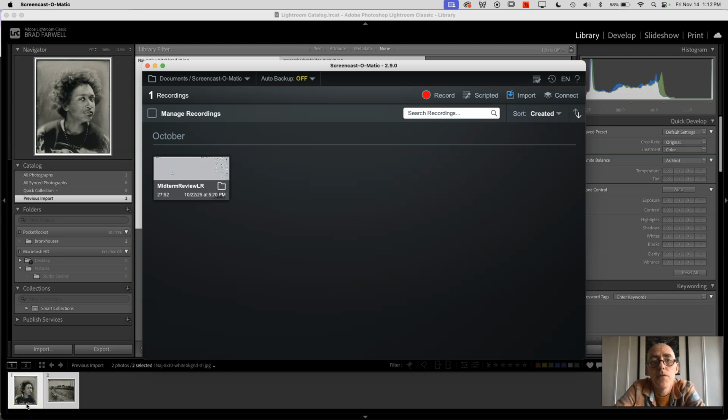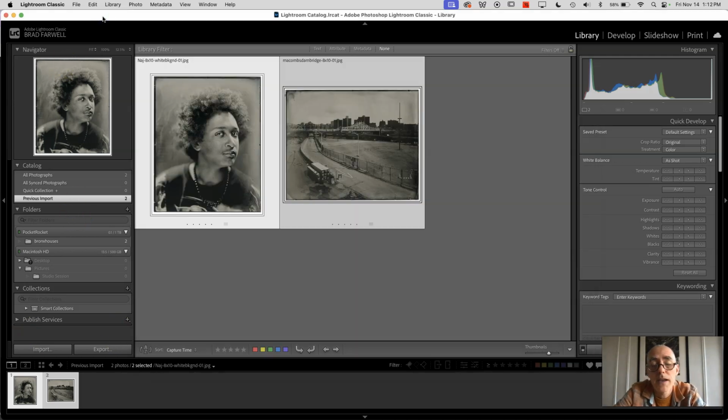So I'm going to walk through how to check your file dimensions for the second part of assignment 5B. I'm going to go here into my Lightroom catalog, and I have two sample files that I'm going to use to demo